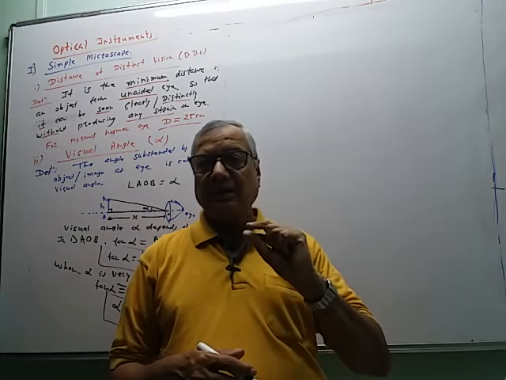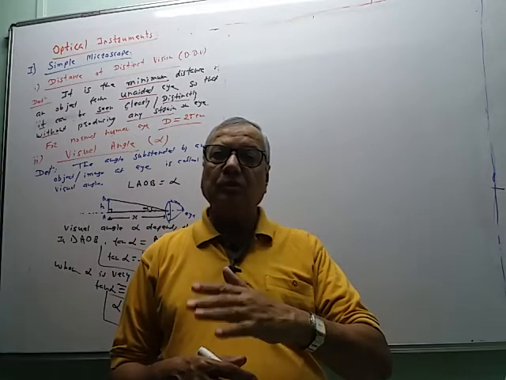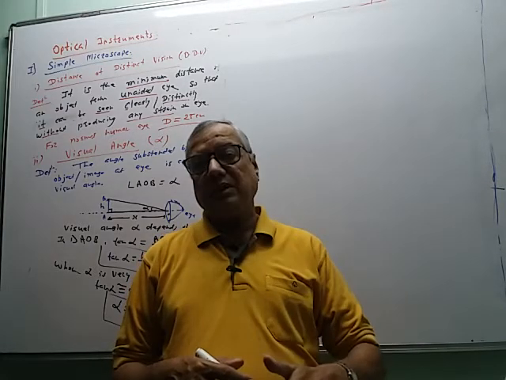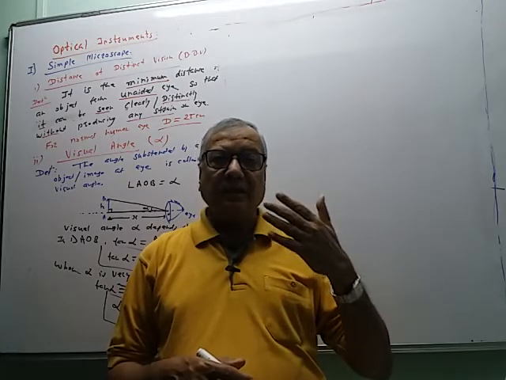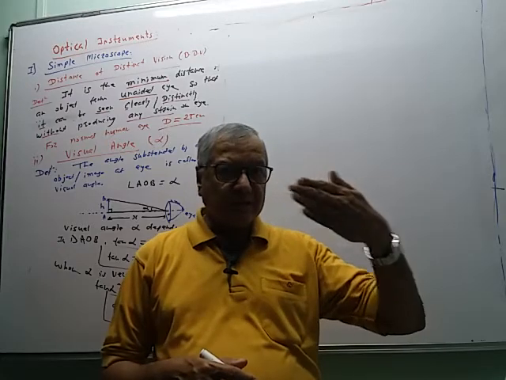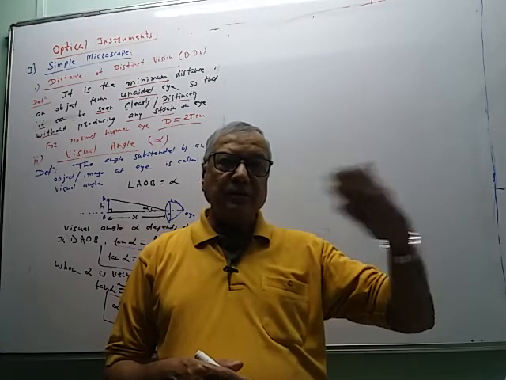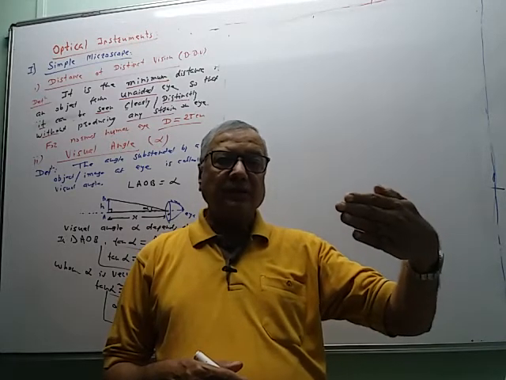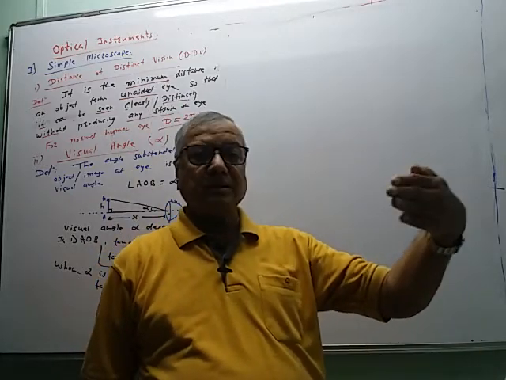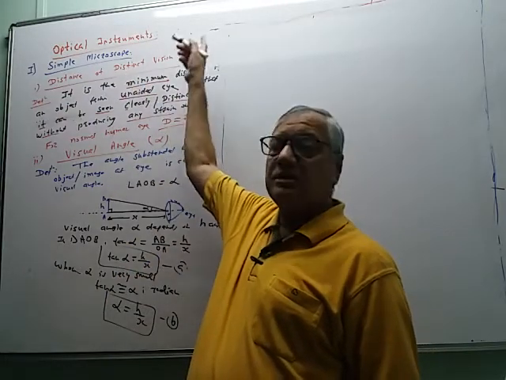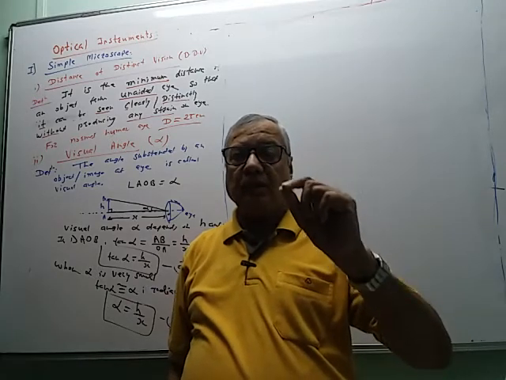I gave an example of that last time. For example, if the object is very small, like the letters printed on a page of a book or in the newspaper, then to see those letters clearly we adjust the distance between the newspaper and our eye. So we are adjusting U so that the image is formed on the retina and that image must be clear. We have to keep the object at a certain minimum distance, and that minimum distance is called the distance of distinct vision.